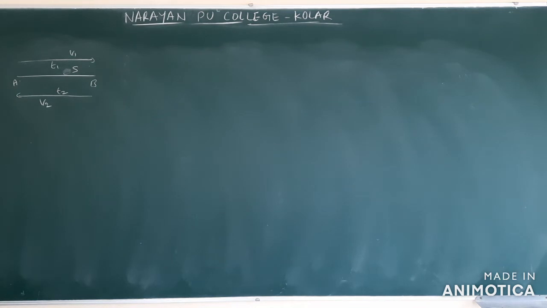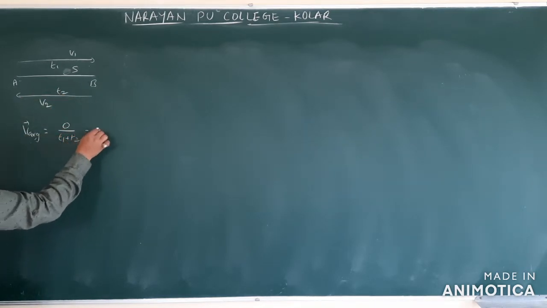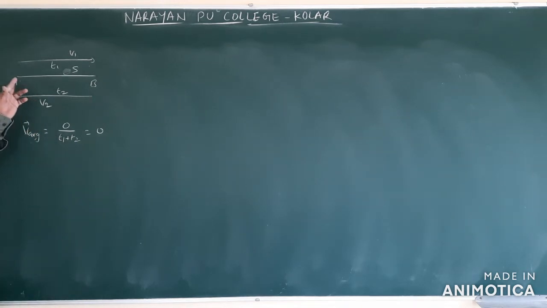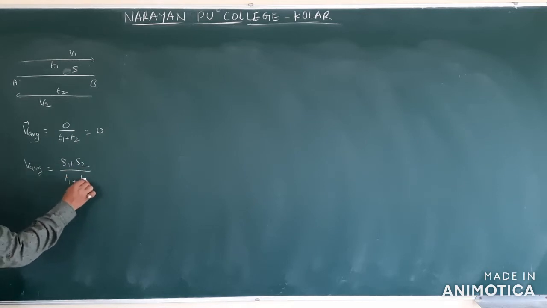So in that example what they are asking? Average velocity, average speed. So average velocity. Average velocity means what is the formula? Total displacement by total time. Okay, total displacement means 0. Why? Because he is moving from A to B, B to A. Initial position, final position is same. The shortest possible distance from A to A is 0. Therefore, average velocity is 0. What is average speed? So average speed means the total distance by total time.